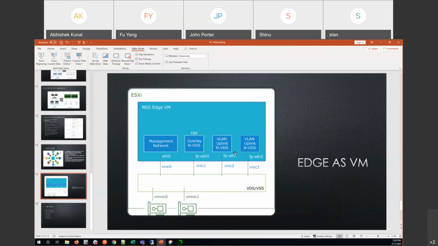Next one is a TEP. And this is the difference that you're going to see. We are not terminating VXLAN directly over here. We are sending a TEP. So just like in ESXi, you will also have TEP interfaces. And this TEP can be mixed with your VLANs. What I mean to say is that